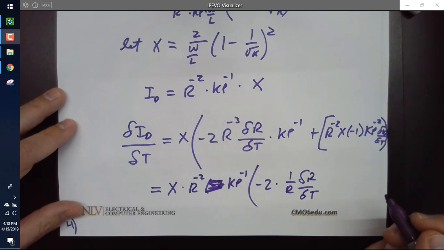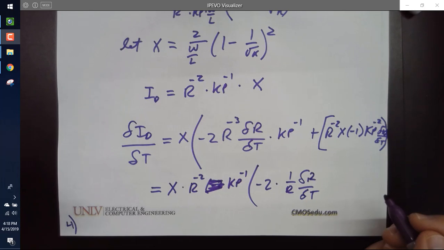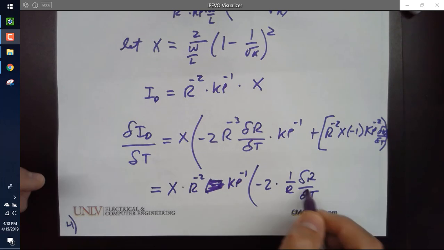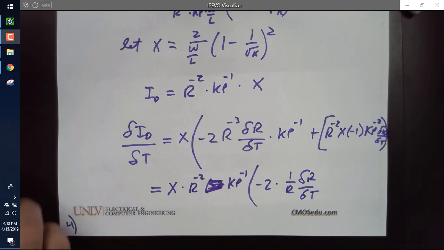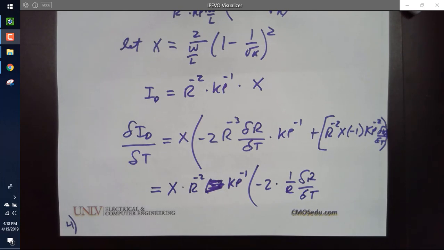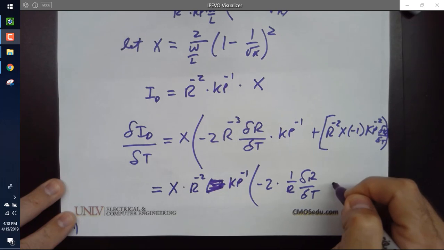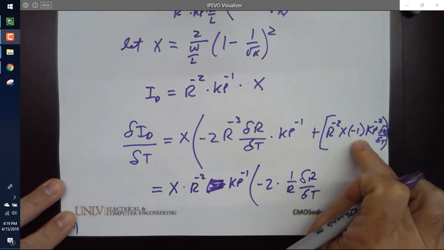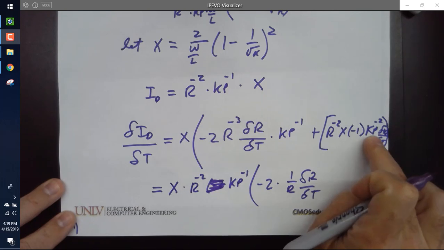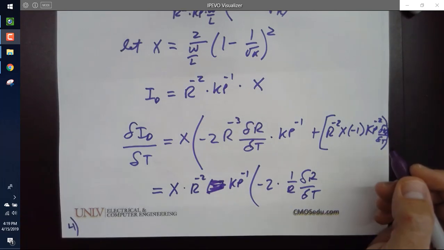Why did I do that? Why did I write 1 over r del t first? Oh, because that's the, you can look that up on the table. It's a TEMPCO, 0.002, 2,000 parts per million. And then what about the next term? Get rid of the r to the minus 2. I have a minus 1. Kp goes out, and I'm left with